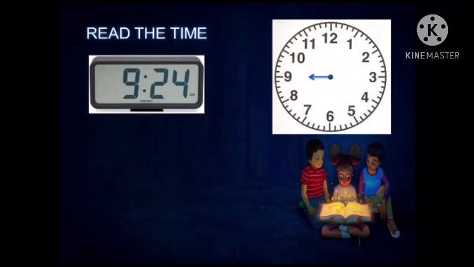But we have 24, so we have to calculate the 1 minutes. We calculated using the 5 minute scale, and now we go for the 1 minute scale. From 4 we count 1, 2, 3, 4, that is the scale before 5. So it's 24 minutes: 9 hours 24 minutes. This is how we calculate the timing. First we place the hour hand, then we calculate the 5 minute scale, and then we calculate the 1 minute scale based